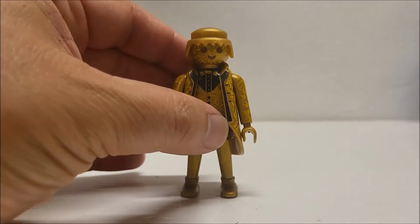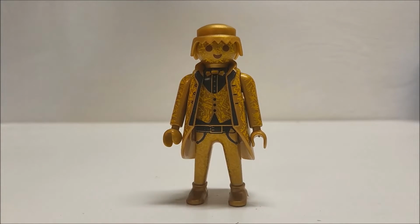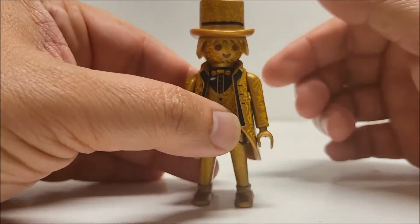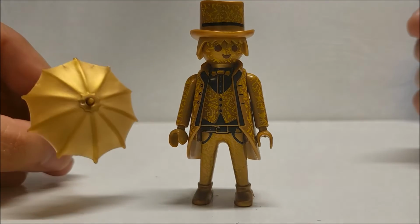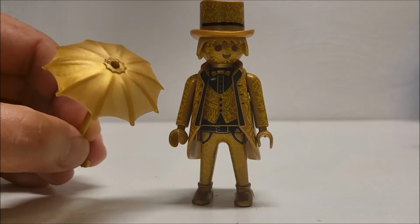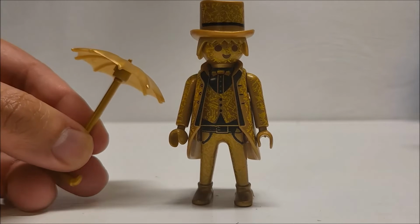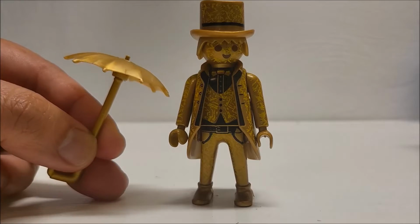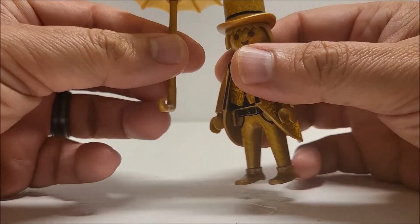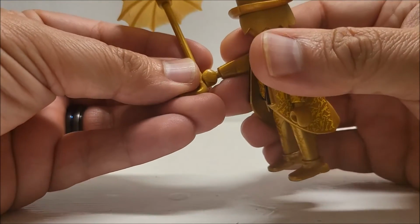Alright everyone, here is our golden clicky. As you can see, he is presented all in gold, and that includes his top hat, which fits nicely right on top of his head, as it should. And then he also has a golden umbrella. As you can see, there are no golden flecks on the umbrella, but you might be able to tell that the umbrella is a little bit crooked. I think it got smashed up a little bit in the box, but that's okay. That's the nature of being a plastic toy. But anyway,